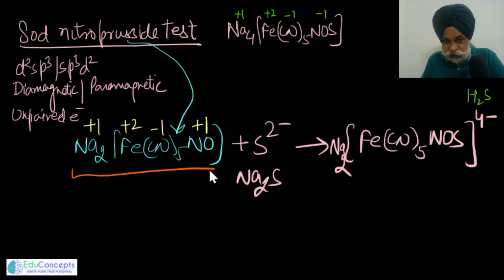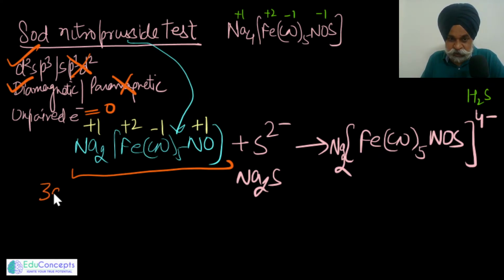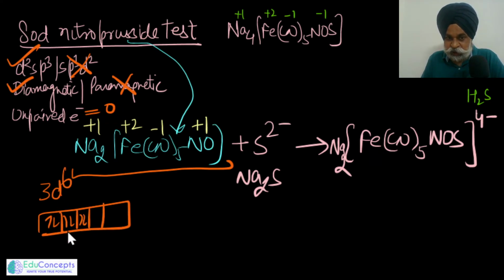This particular species has 0 unpaired electrons, so it is a diamagnetic species with d2sp3 hybridization. This again is quite important. Sodium nitroprusside has iron in +2 oxidation state, that is a 3d6 system, with all the electrons paired up. Because there are 6 ligands, the hybridization which you get is d2sp3. And another thing which is quite important, which generally people don't know well,